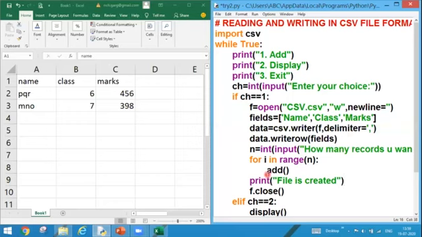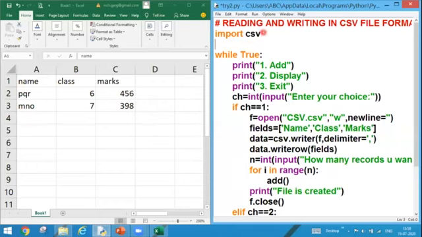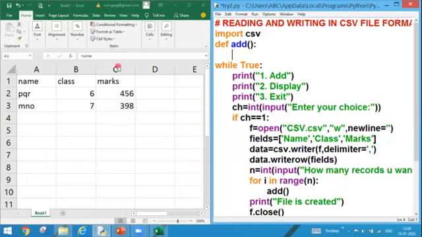Now I need to work upon my add module. And this add module will contain the functionality of adding these records after my field. So let's work upon it. I'm coming over here. I'm defining my module by the name add. And in that, as I have taken this sequence for adding the field, in the same way, for adding these records, I'll be taking one another list.